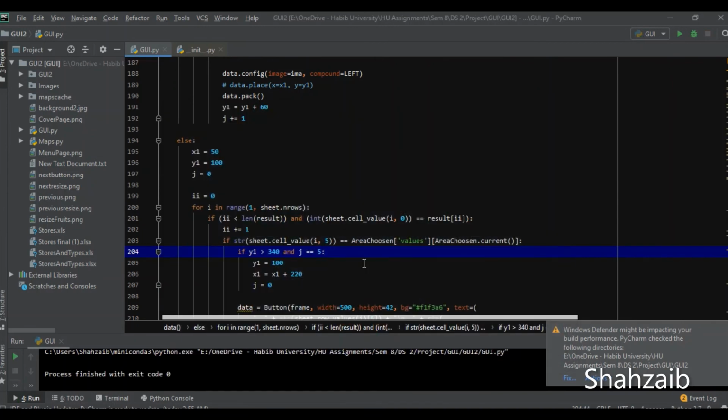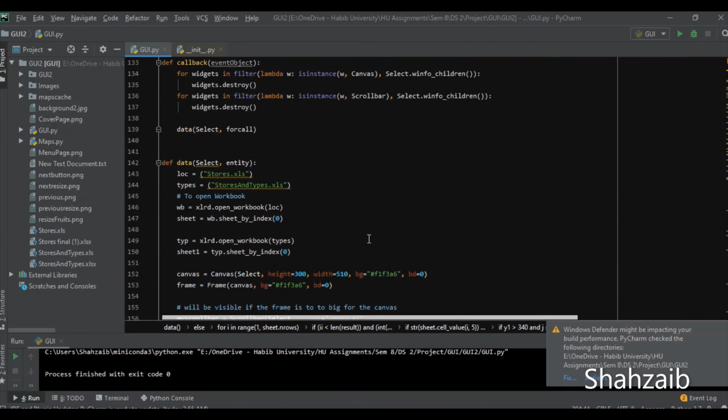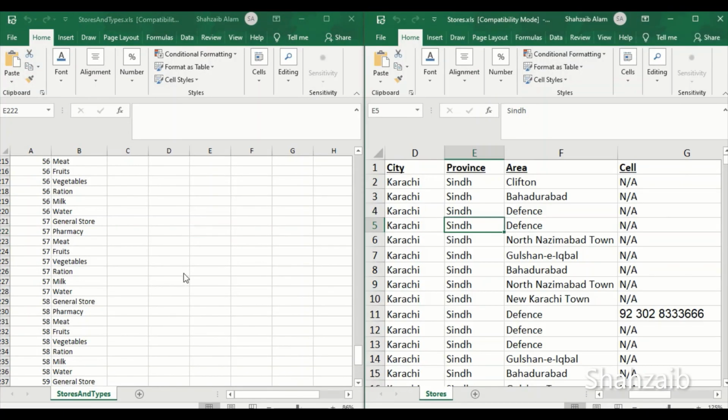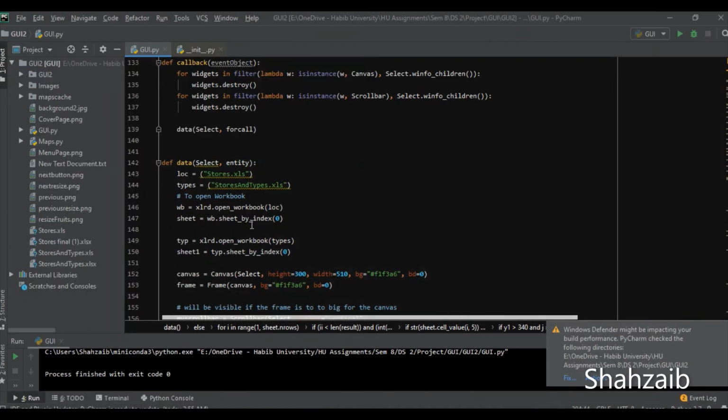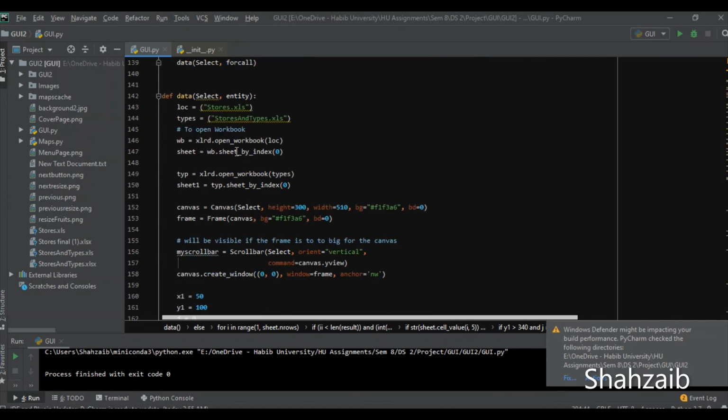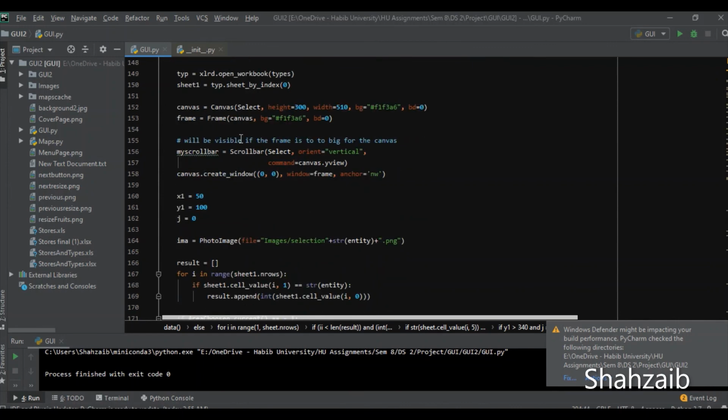And this is essentially achieved by the function data. What it does is it takes information from two Excel sheets. The first Excel sheet on the left essentially has IDs and the corresponding categories. And once we select the particular IDs on the basis of categories, then we take the necessary information from the Excel sheet on the right. This function performs its work by first taking information from the Excel sheets and converting it into a form that can be worked upon.